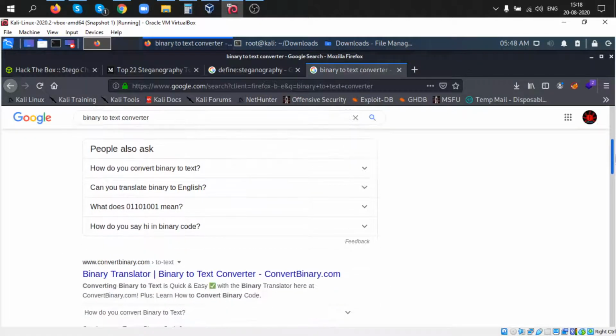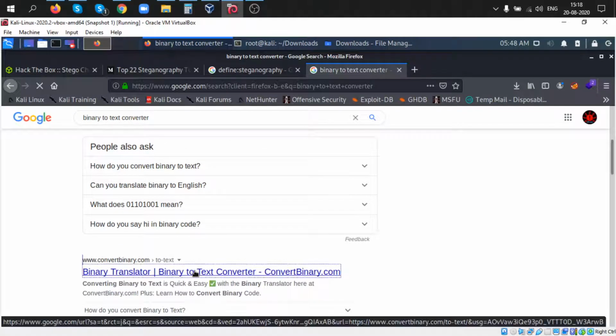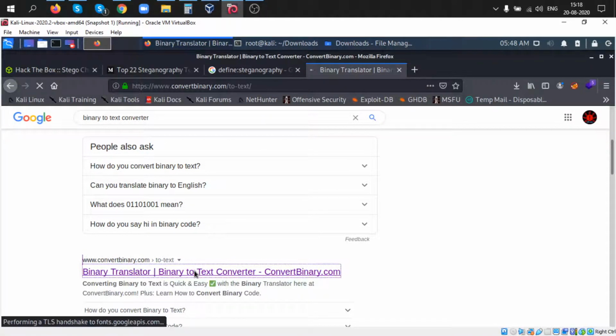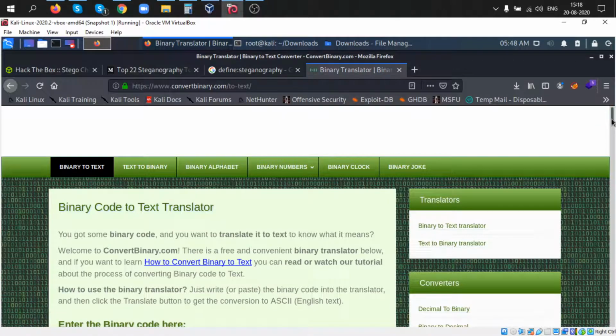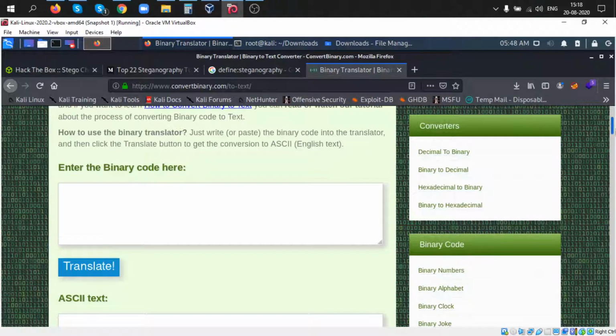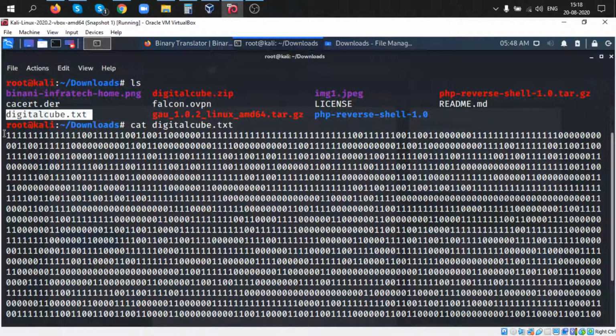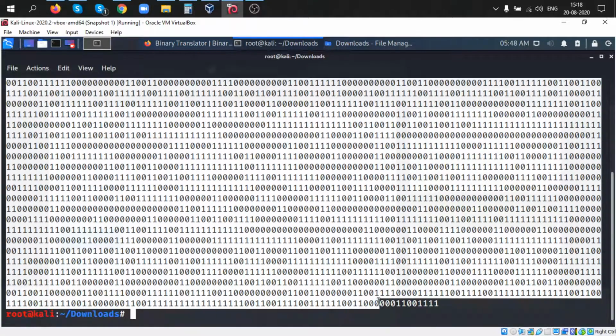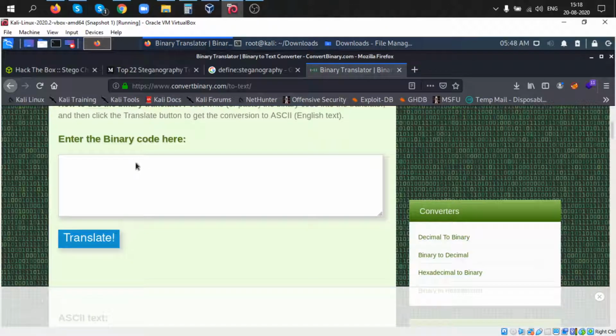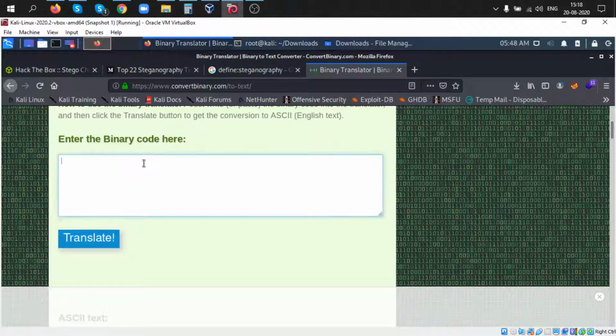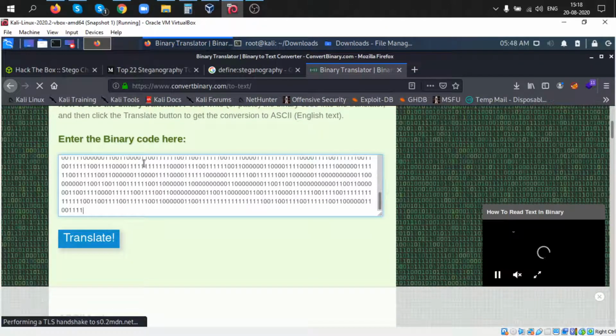Scrolling down a little bit, I use convertbinary.com to translate to ASCII text. I copy it, paste it here, and click on the translate button.